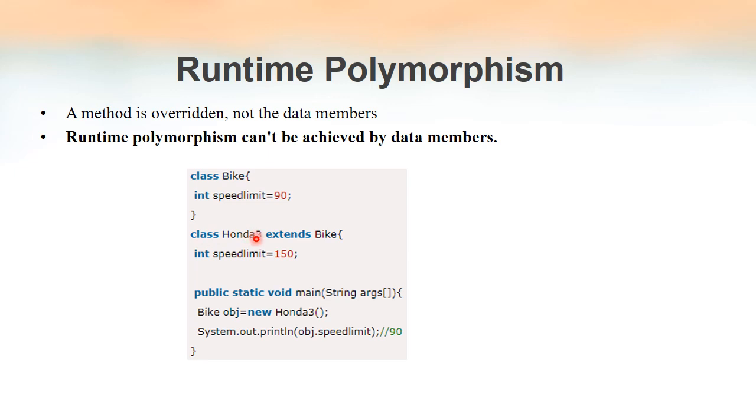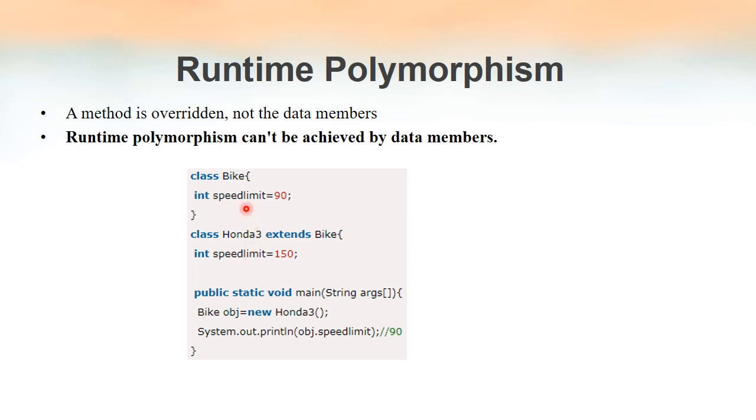See, in this example we have class Bike and class Honda3. Honda3 is the child class of class Bike. Inside class Bike we have an integer variable speedLimit, its value is 90. Inside class Honda3 we also have another variable, its name is speedLimit itself, so it is overriding this, right?